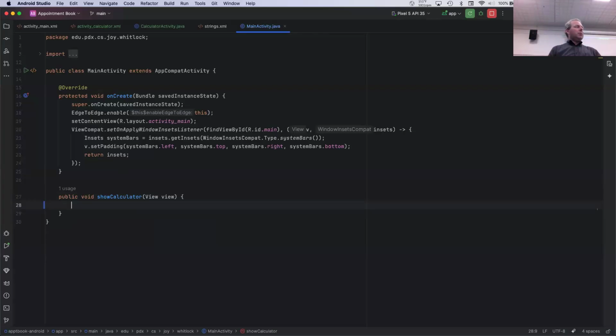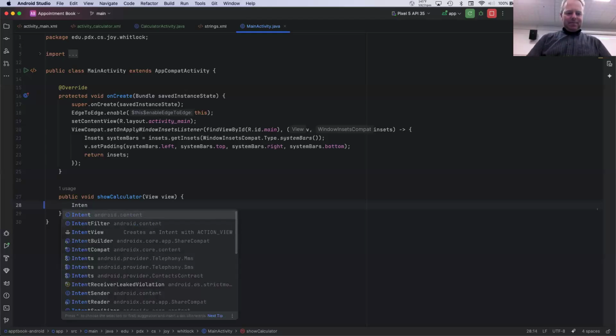Android has this concept, and you'll learn about it in the lecture, called an intent. So the idea is that an intent is a directive to do something. It can be something like, hey, you just clicked on a URL, so display this URL. Or, hey, you want to start a new email message. Or, hey, you want to play a sound or whatever. Those are kind of abstract intents. Inside your applications, you tend to use direct intents that basically say, hey, listen, I intend to go to a different activity. So you make an intent,